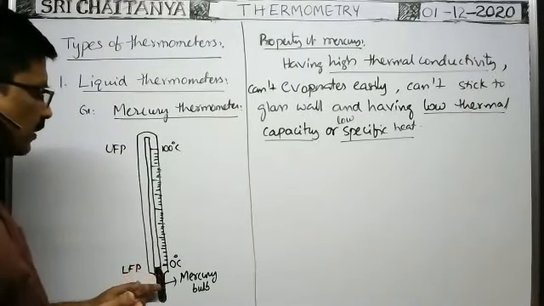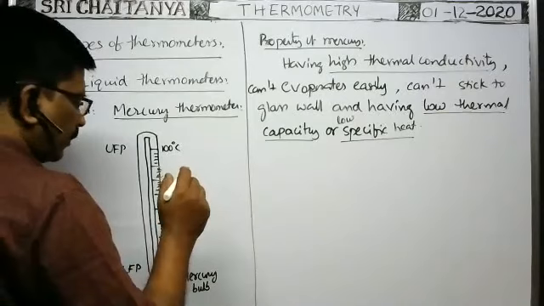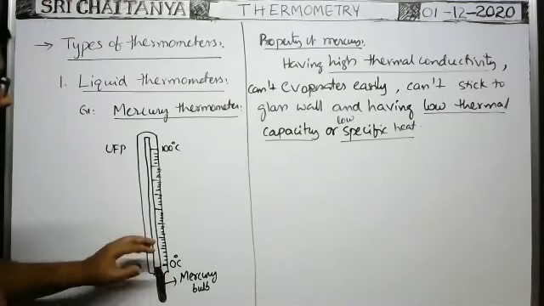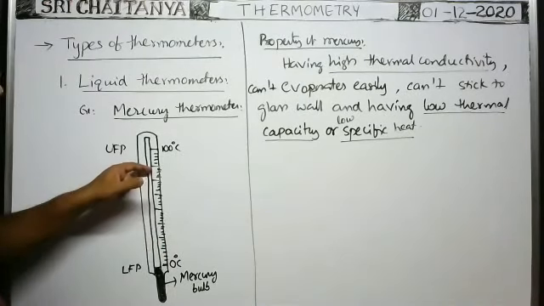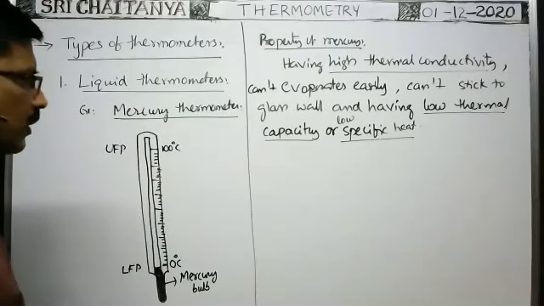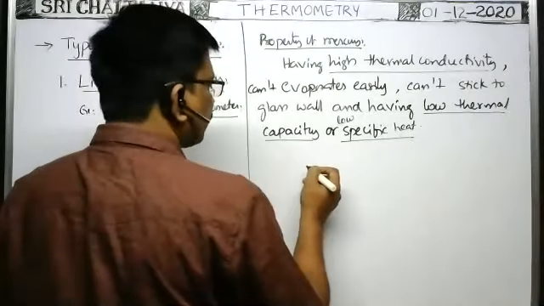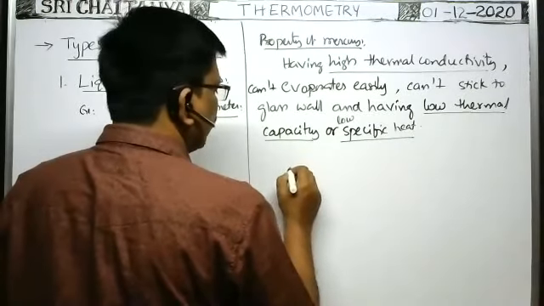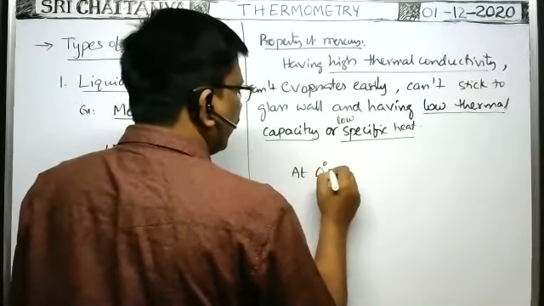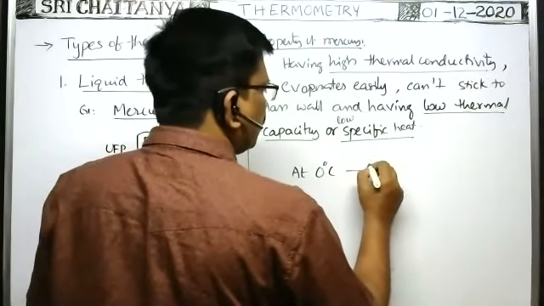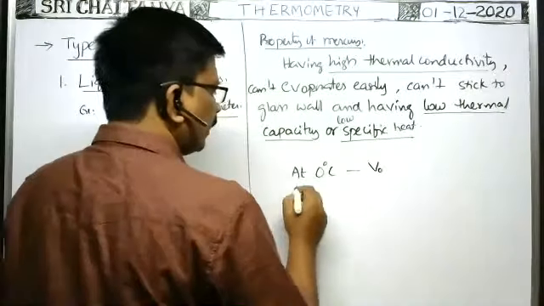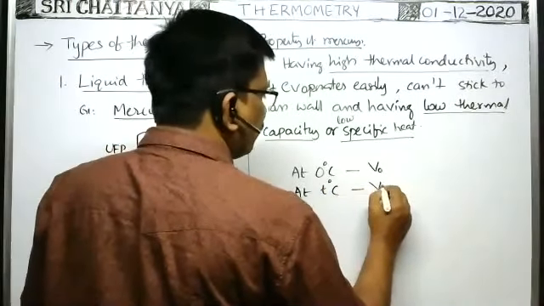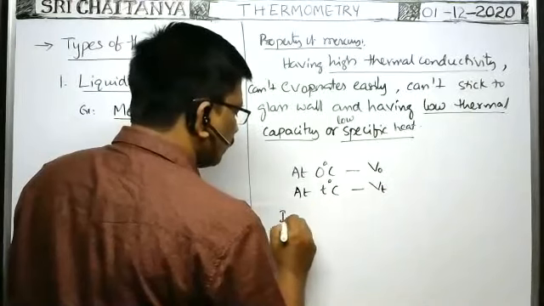Whenever thermal expansion takes place, because of the increase in volume of the mercury, that amount of volume is raised in the bore of the mercury thermometer. Suppose at 0 degrees centigrade the volume of the mercury is V0. At any temperature T degrees centigrade, the volume is VT. Then the increase in volume